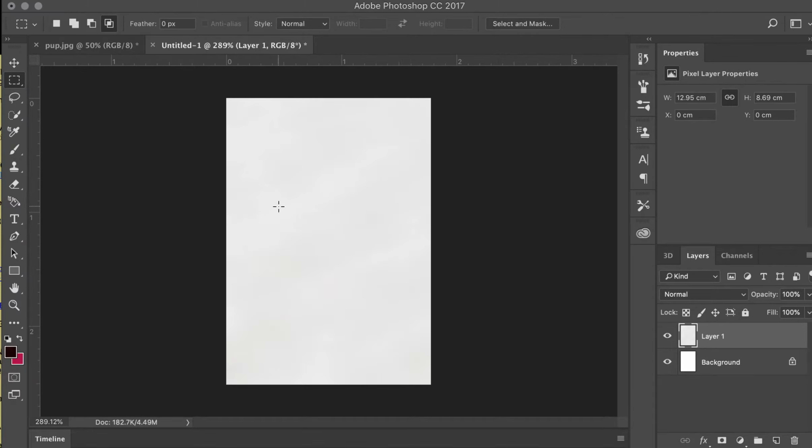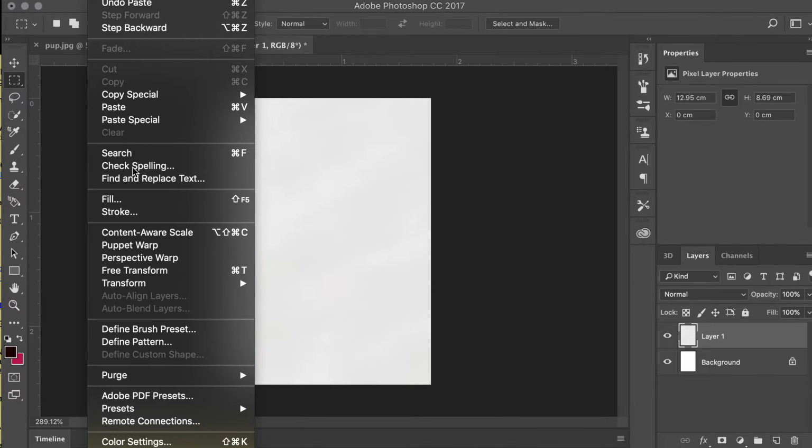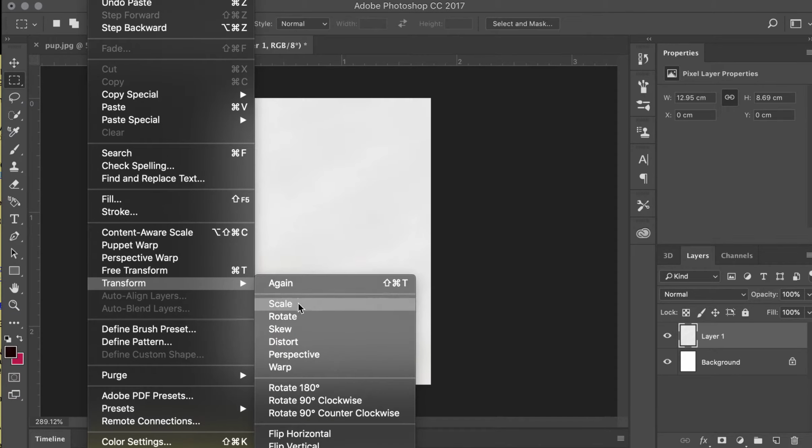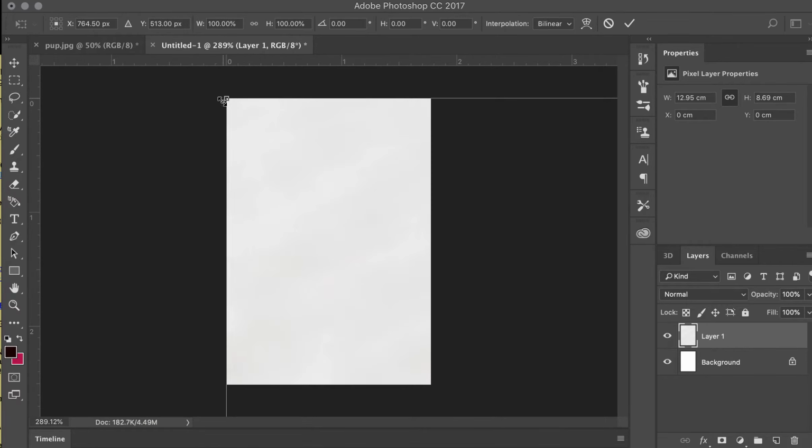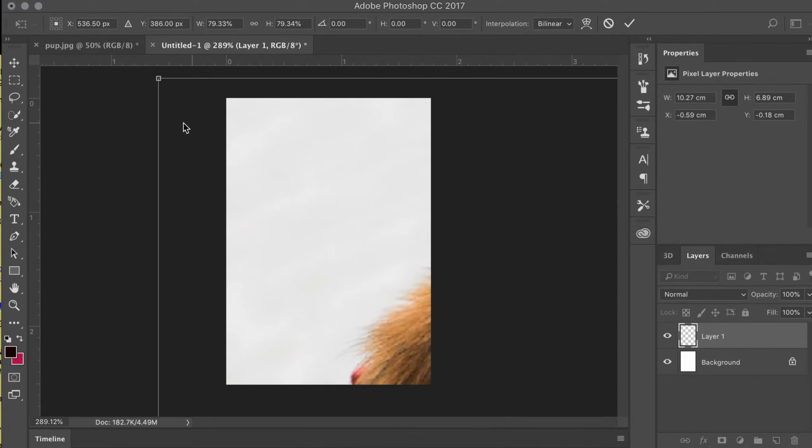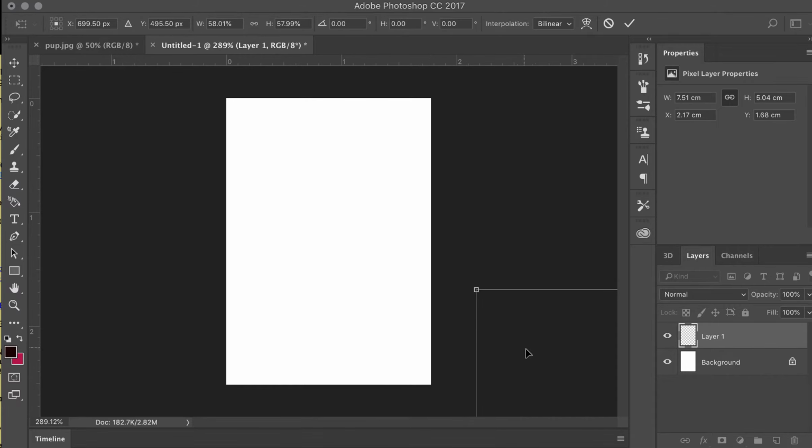Now this image is quite large, so I need to make it a bit smaller. So I go to Edit, Transform, and then Scale. You'll see these little squares come up. I'm going to hover over the corner, hold down the Shift button, and then rescale it. Okay, so a reminder that we hold down on the corner and we hold Shift for the purpose